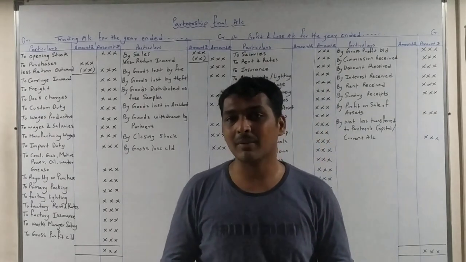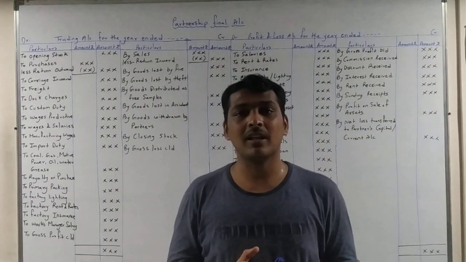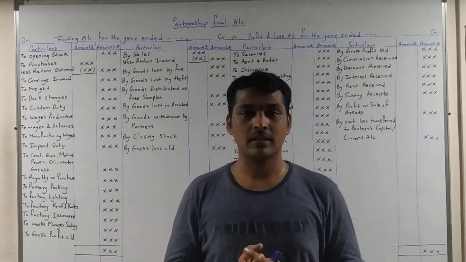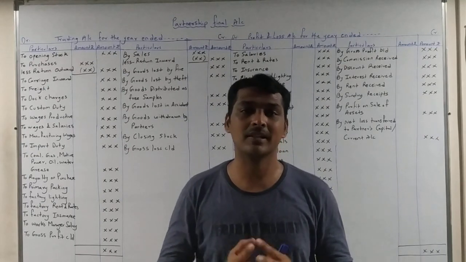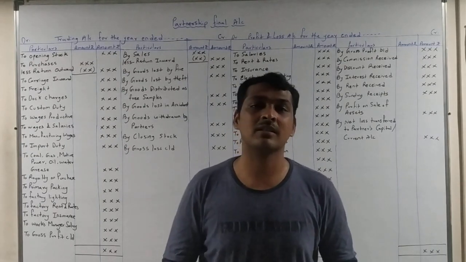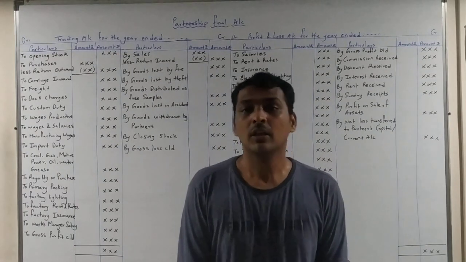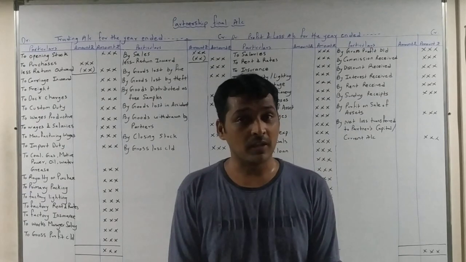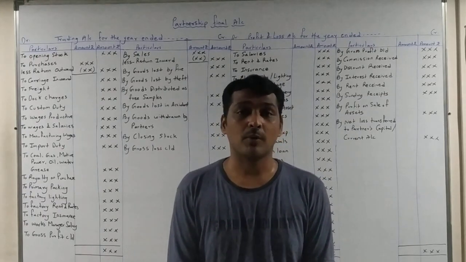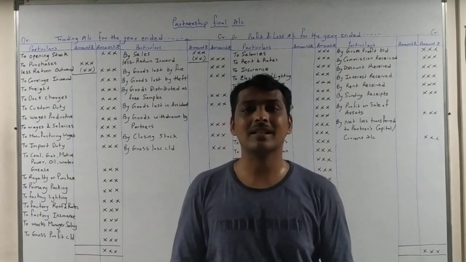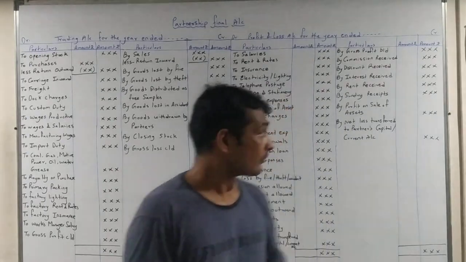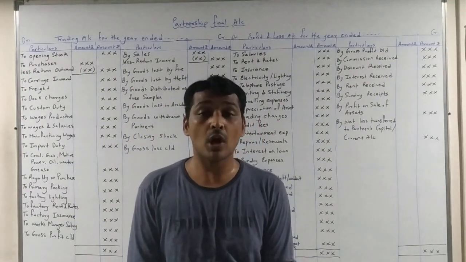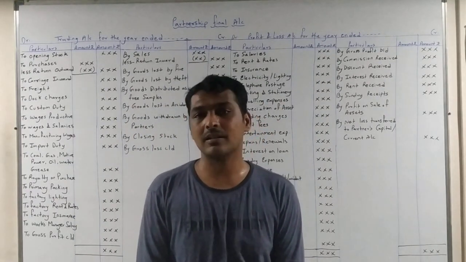Then once the trial balance is prepared, the total of debit and the total of credit is to be tallied, and once the total of debit and credit is the same, then on the basis of trial balance, final account is prepared. So here today we are going to study the format of trading account and profit and loss account. So let us start with trading account. So why do we prepare a trading account? We prepare it to know the gross profit or gross loss occurred in the business.